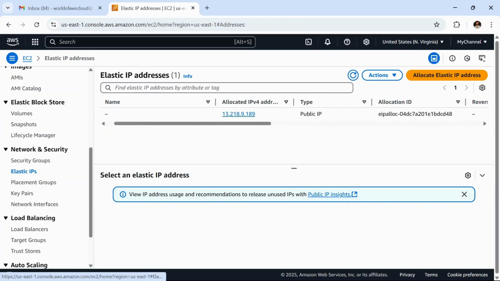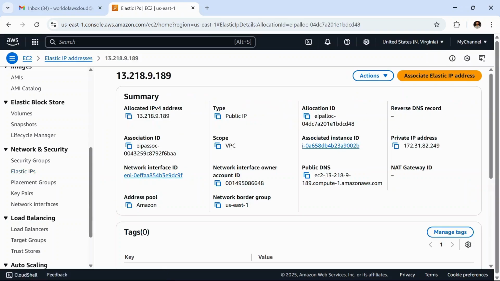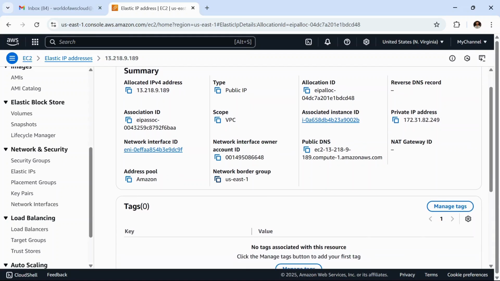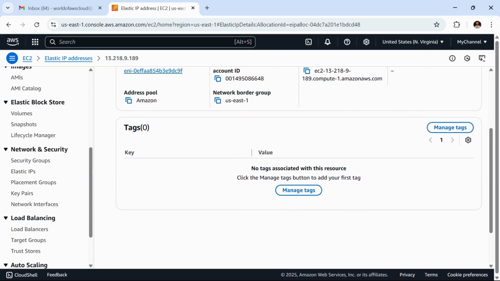Let's click on it to see more detail. As you can see here, the allocated IPv4, association ID, the region us-east-1, and a lot of detail you will be able to see.